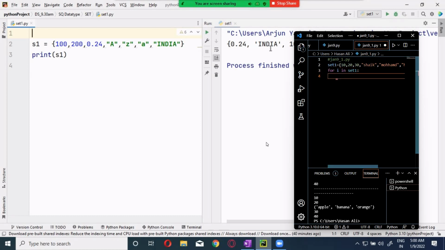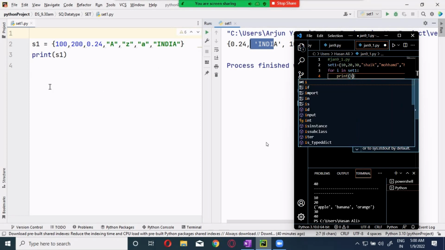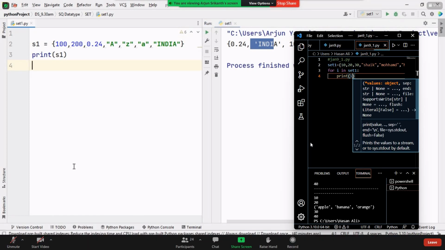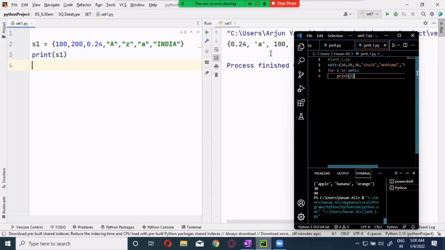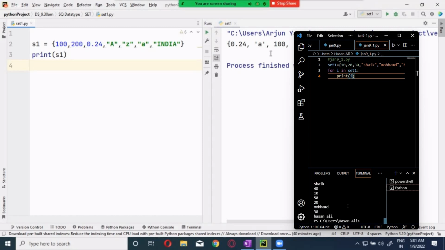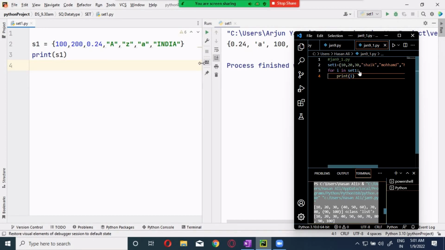Previously small a was there, now India came down. So don't waste your time looking at how it will be behaving. Now it is changed again. So it will have its own mechanism. We don't know which location the value we entered will be stored in. So no indexing is there. Simply there's no indexing over here.